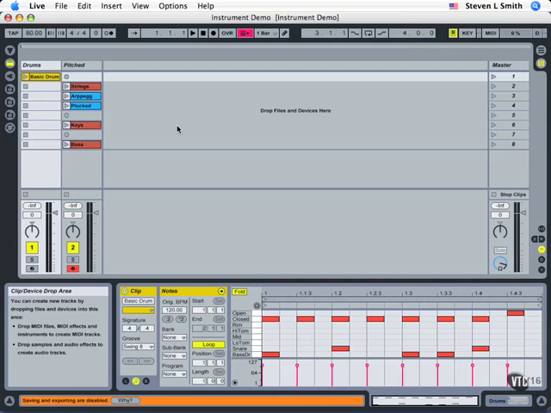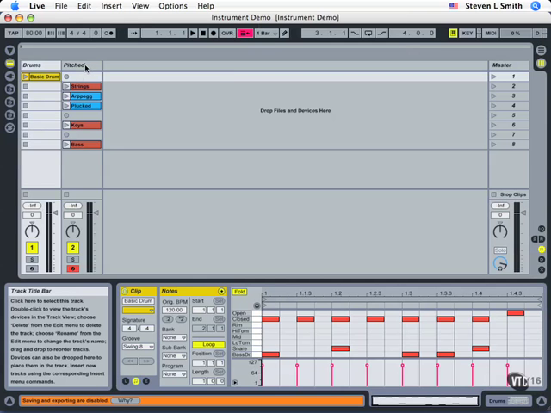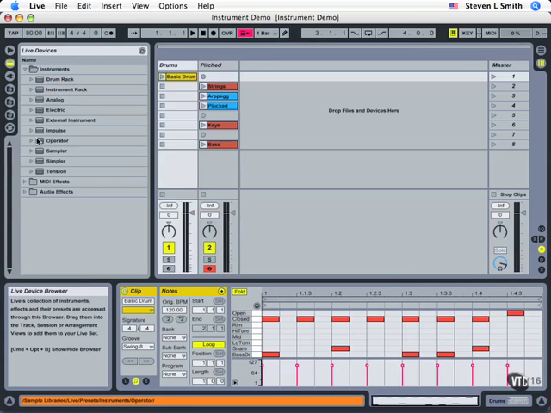As we continue our look into Ableton Live's integrated software instruments, next we're going to take a look at the Operator FM synthesizer. Now if you're following along with the project files, again we're starting with the new start of instrument demo. And we're going to look now at this track that is for pitched instruments. I'm going to go to my device browser, take Operator, and drag it over on top of this